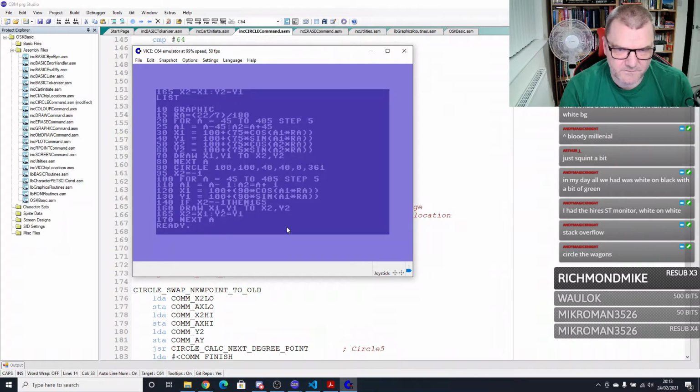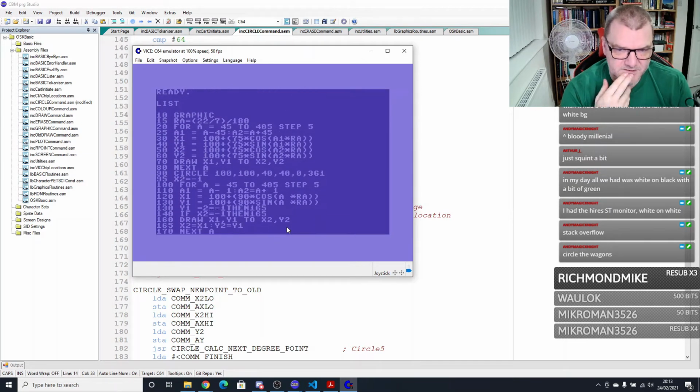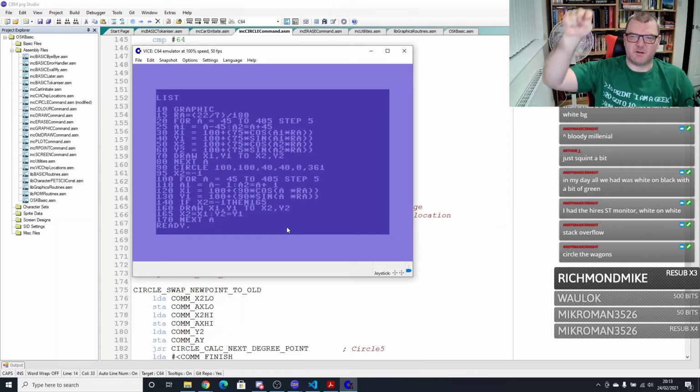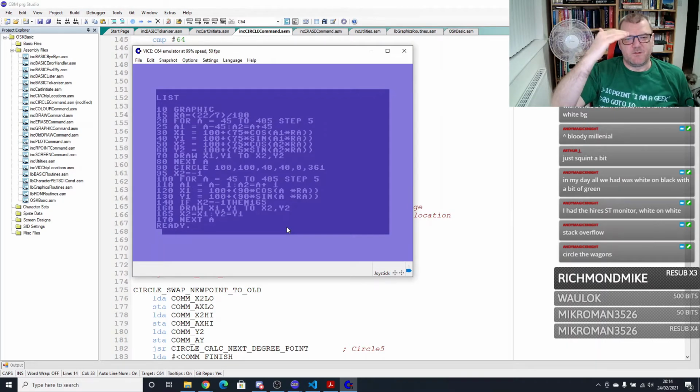steps of 5, and we're going to just use A. I can't believe I forgot to save it. So this is, like I say, going to draw a circle from degree 45 all the way round to 405, which is a complete circle, in steps of 5-degree increments. Works out x1 and y1, jumps the draw command because we've only worked out the first point, moves the x1